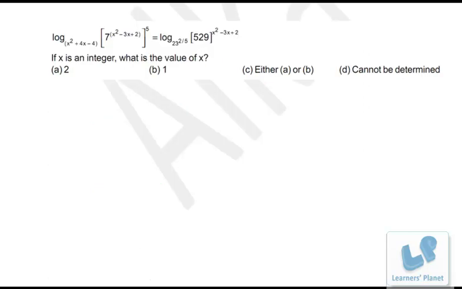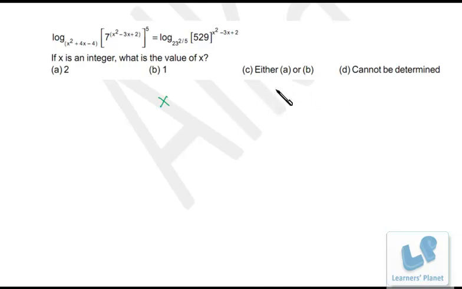Now friends, we have a problem based on logarithm. Looks to be tedious, but we don't have to solve the expression because it will be really a time-consuming process. So what you can do is go by options. You just put the value from the options and see. Suppose you put 1, right? So here it is 1 plus 4 minus 4. That means the base of the logarithm is coming to be 1. But the base of the logarithm cannot be 1 because that is undefined, right? So 1 is not the correct value.